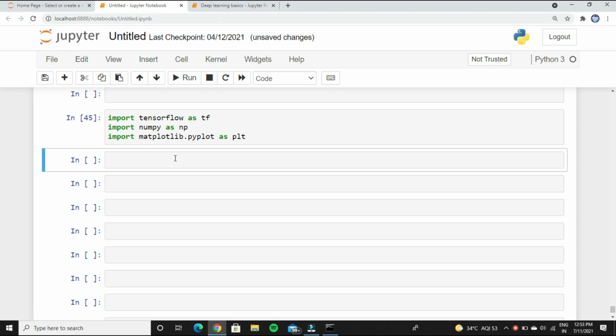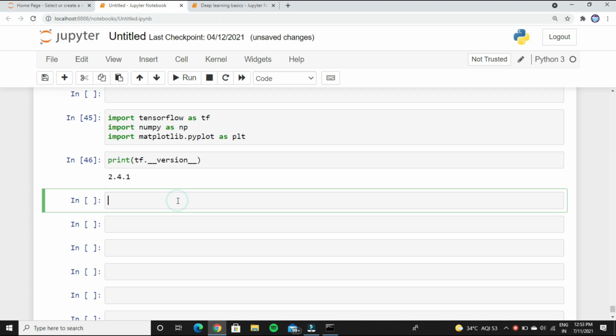And one more thing I want to share with you: while installing the TensorFlow library, I suggest you choose the downgraded version of TensorFlow. Here I am using TensorFlow version 2.4. When you try to install the latest version of TensorFlow, most of the time you will face an installation error. So go for the downgraded version of TensorFlow. That will save some time in your project.